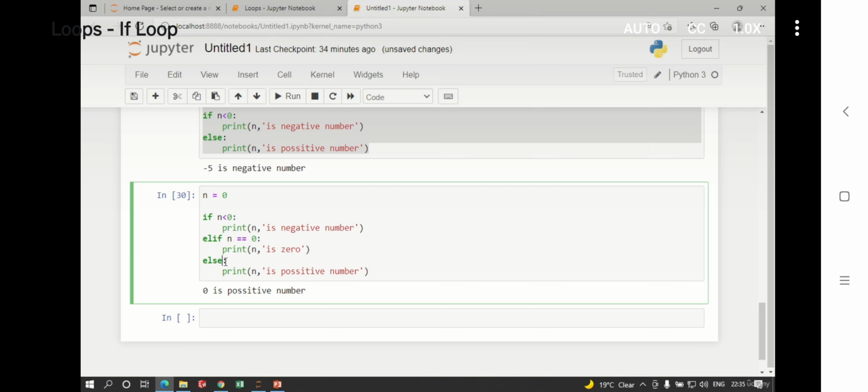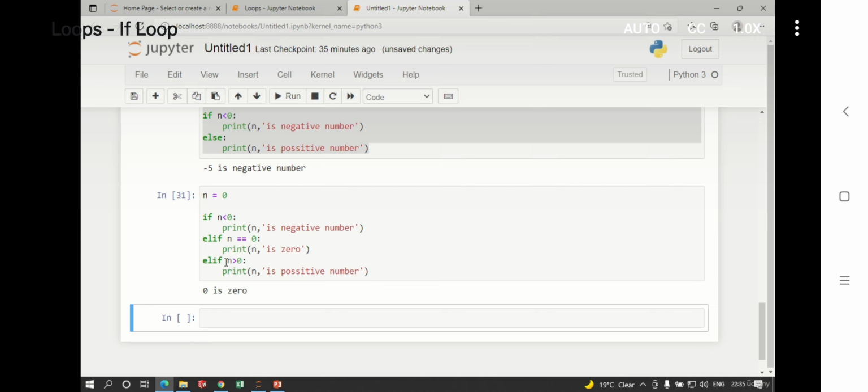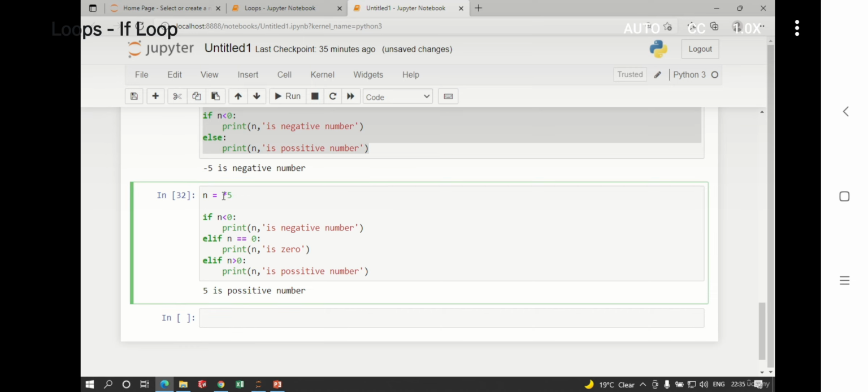Even if you don't want to use else, you can directly write elif also. Elif n is greater than 0, and run it. So now it is giving me 0 is 0. Okay, let me run 5. 5 is a positive number, minus 5 is a negative number.